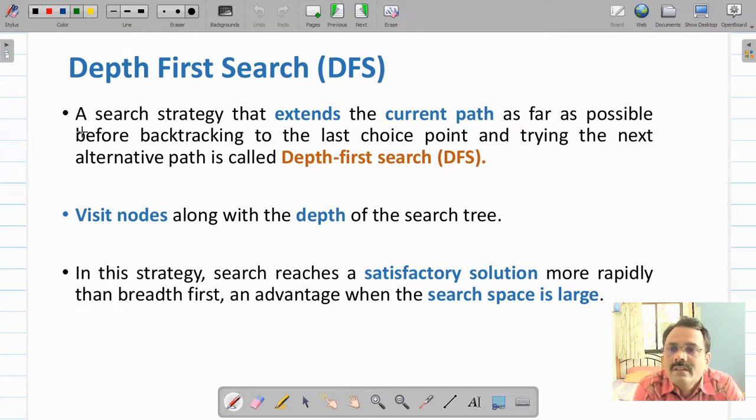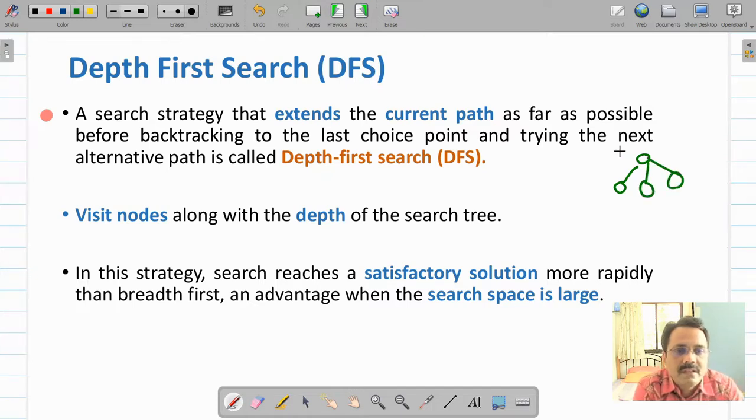That its name suggests, this depth first search moves along with the depth of the search tree. So either it will start from the left or start from the right of the search space tree. Suppose your state space tree is something like this.